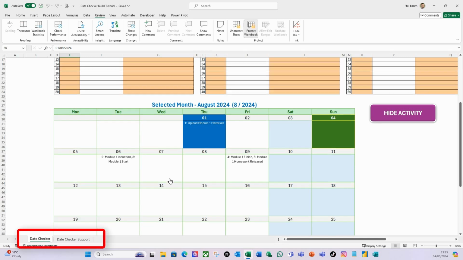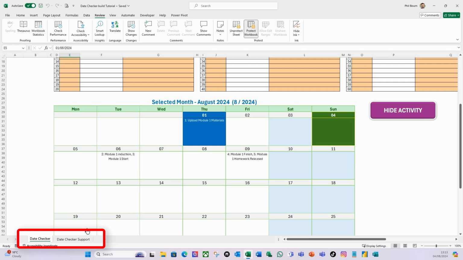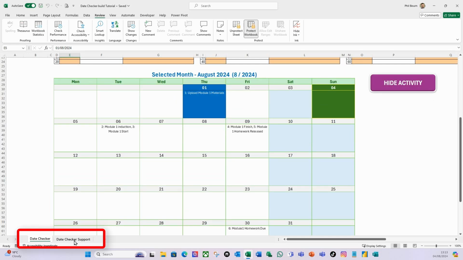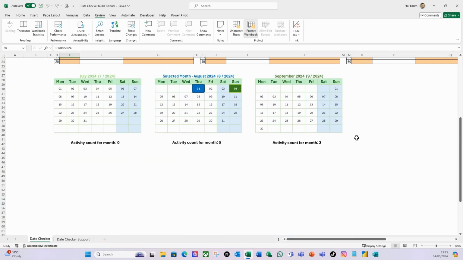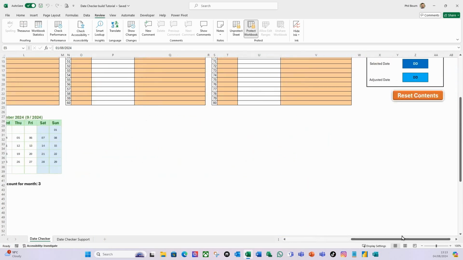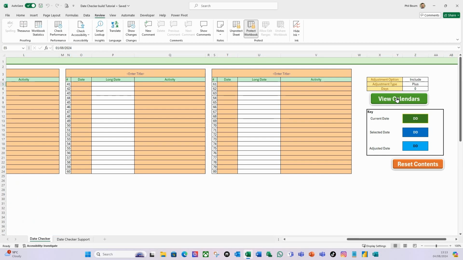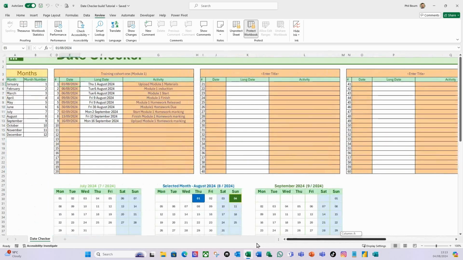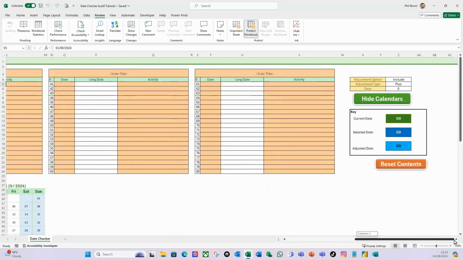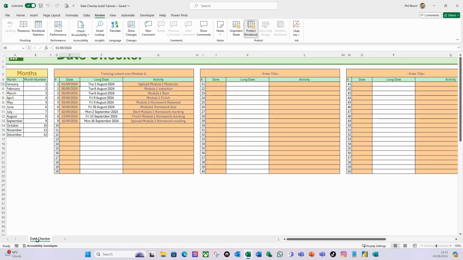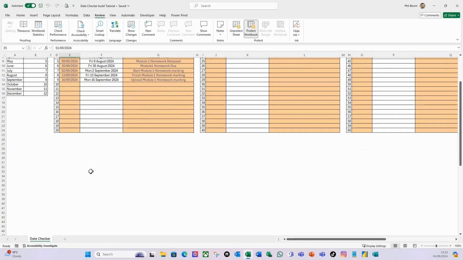and that works. But what's going on here? So why is that visible? It shouldn't be. So if I hide activity, go over here and hide view, it disappears. Right, so we need to figure out why that is not hiding. So let me just hide those calendars, and what I'm going to do is it seems to happen when we make the